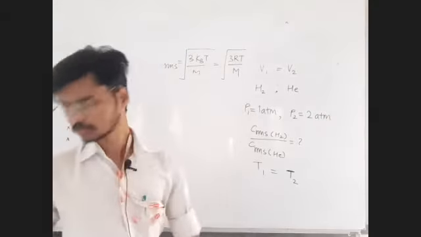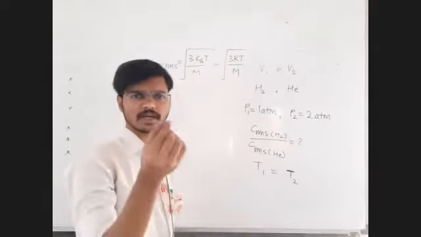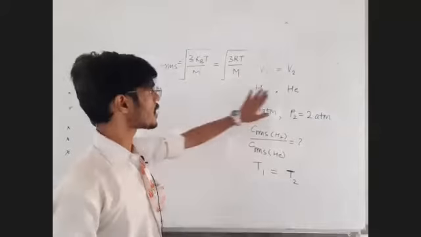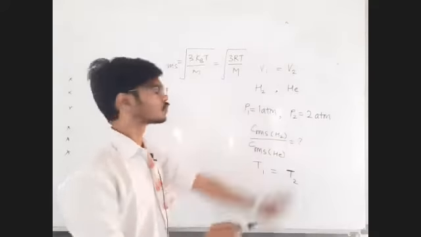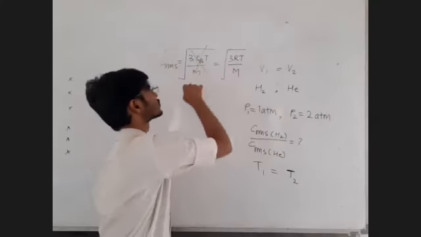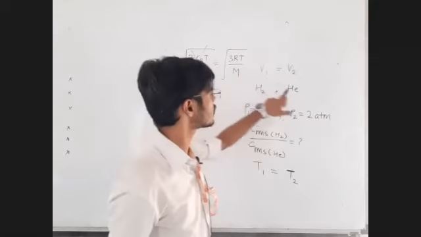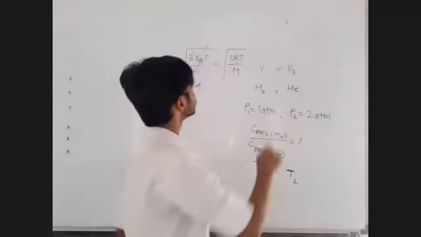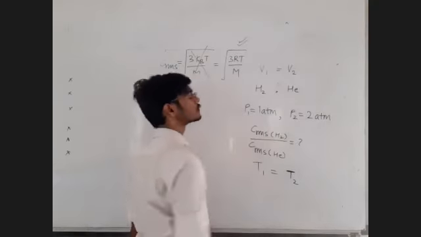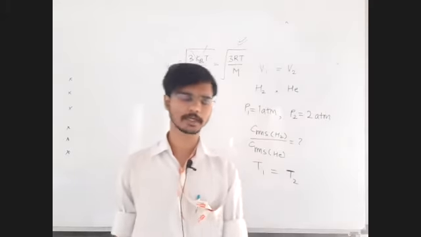Fine. So, do we know the mass of a single hydrogen atom? Do we know the mass of a single helium atom? No, we don't know. So this formula is gone. Do we know the molar mass of hydrogen? Yes, we know. Do we know the molar mass of helium? Yes, we know. So we shall use this formula. This is how the formula is going to be selected.